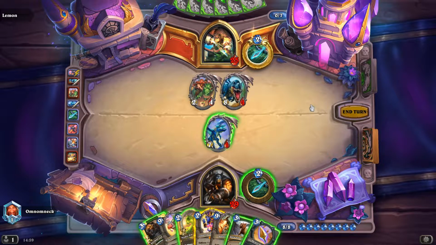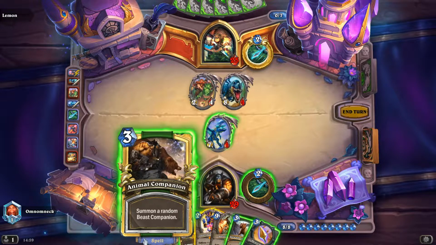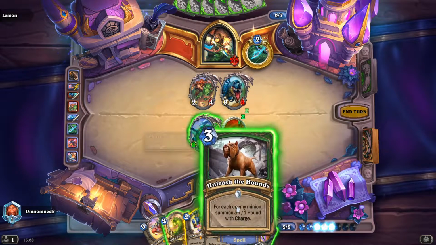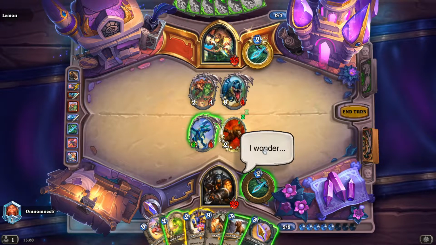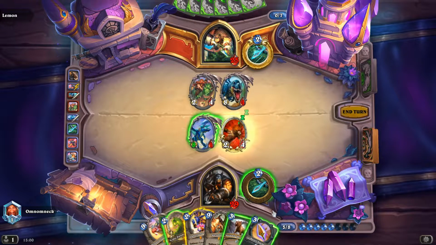What would Zephrys give me? Probably Big Game Hunter or something crap. What am I getting off this? Ugh, rubbish. Oh, I don't know, maybe Unleash becomes the play. I wonder. Well, actually, I've got Zephrys with Unleash, so...